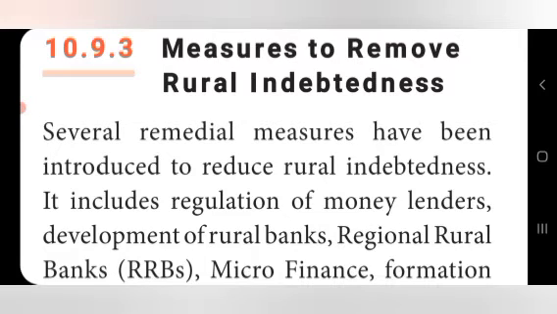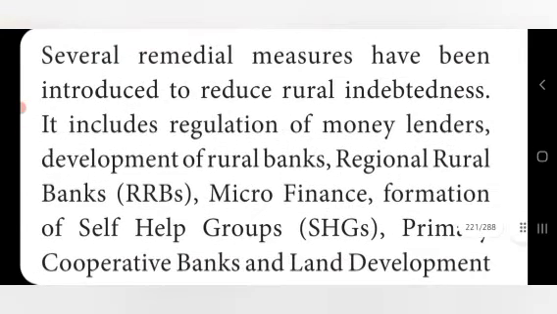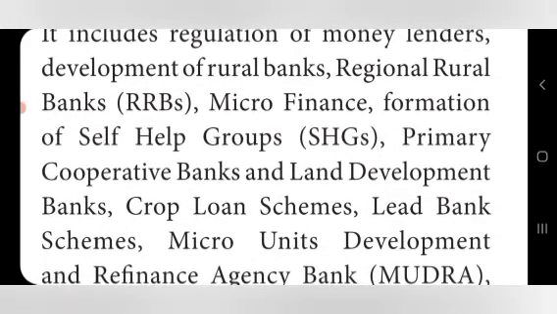Measures to remove the rural indebtedness. What are the measures we can take to remove the rural indebtedness? Several remedial measures have been introduced to reduce rural indebtedness. It includes regulation of money lenders. The money lenders should be regulated by the government, because they are giving money at a high rate of interest. So, regulation of money lenders and development of rural banks, regional rural banks, RRBs, microfinance, formation of